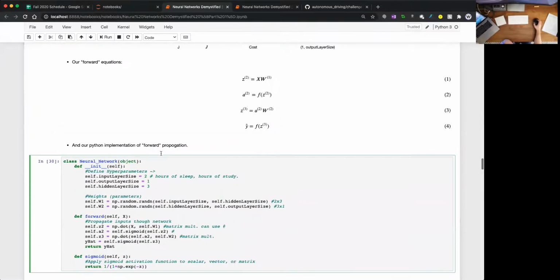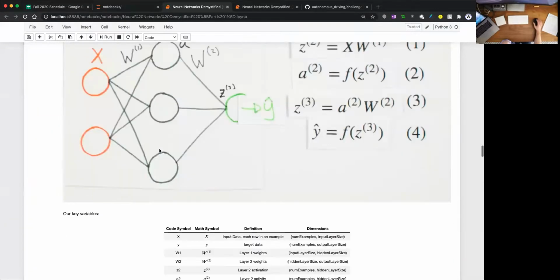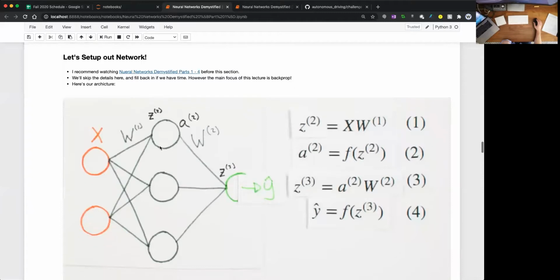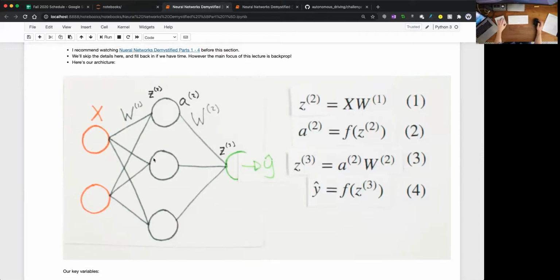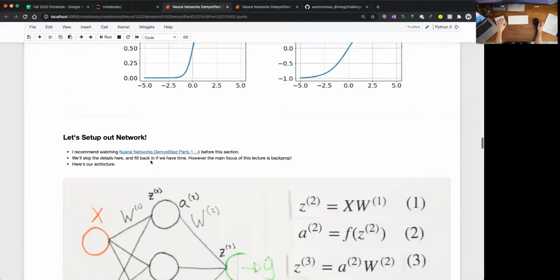So to understand how neural networks work, what we've done basically is we put together a very simple neural network. And this is the same neural network that's in the video series, so I encourage you to watch that. I think that'll be helpful. The video series goes a little fast sometimes, so we really break it apart here to really kind of push